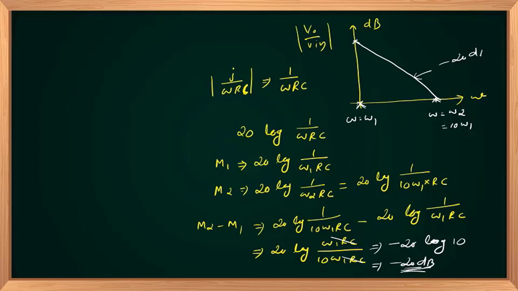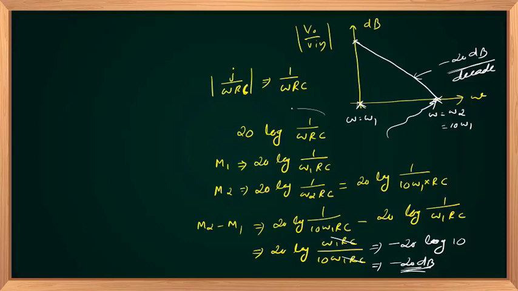Minus 20 dB over a decade, where 10 times omega 1 is omega 2. Right? And the point at which magnitude crosses 0 is nothing but